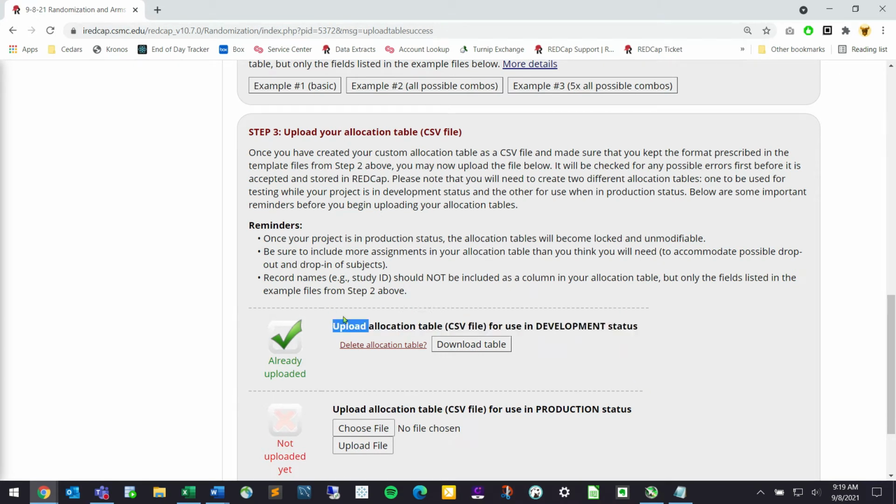There would be one randomization for use in development mode. So when you're testing out your project, you can add the randomization in there and just test it out to make sure that everything's working as expected. And typically, you would also want to have a separate allocation table for use in production. If you use the same one for development and production, technically there is a way that you would be able to figure out who is going to be randomized into what group next, and it may introduce some bias into the